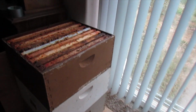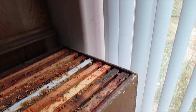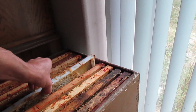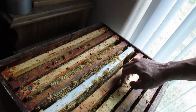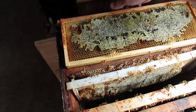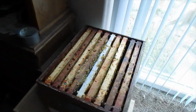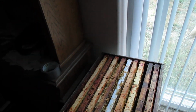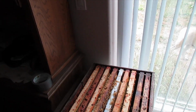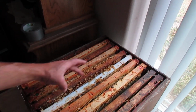Be right back. But here's what we ended up with. Basically 2 deeps. Most of this top deep, I've actually got half of its mediums or whatever because they're draining. But down here below, I put a little tray, and we're going to spin honey, at least the drippy, drainy stuff and the uncapped. There may be a box of capped, and I don't think I'll spin that right now. But obviously the drippy stuff we've got to